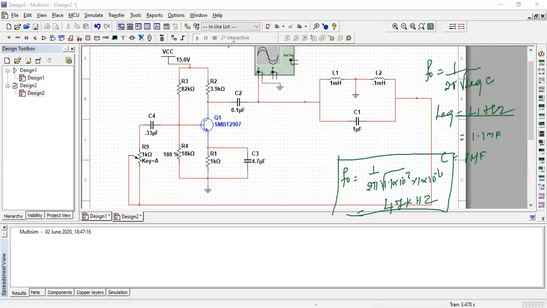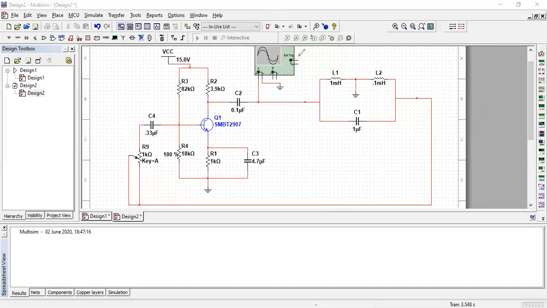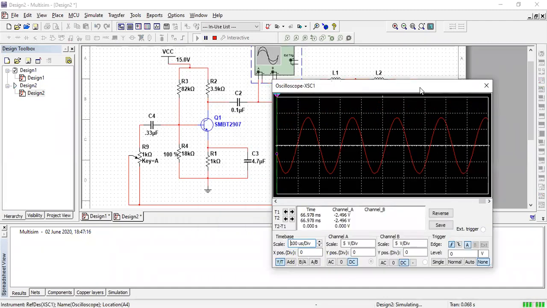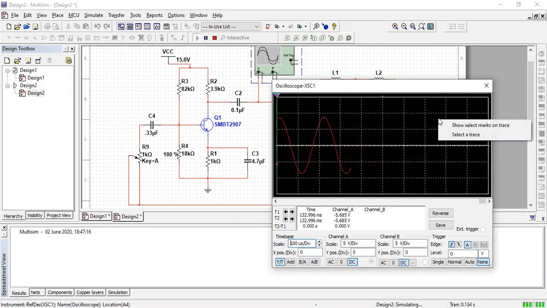Okay, now we'll run the circuit. We have to check whether all the components are connected properly or not. Now we are going to run it. The previous one was already in the run state, so we stop it and run the circuit. As soon as you run it, we are getting the oscillating signal. In the same way, we need to calculate the frequency of this oscillating signal. So right click and stop the waveform, and we are going to see how many square boxes it is covering.